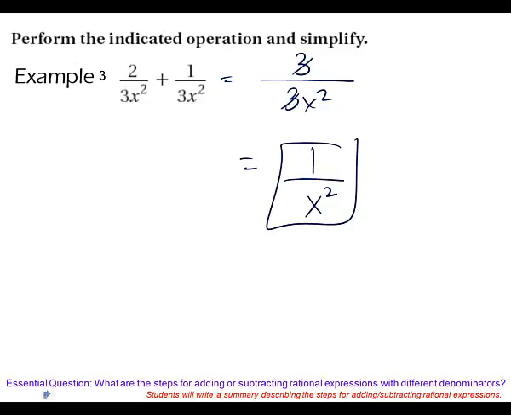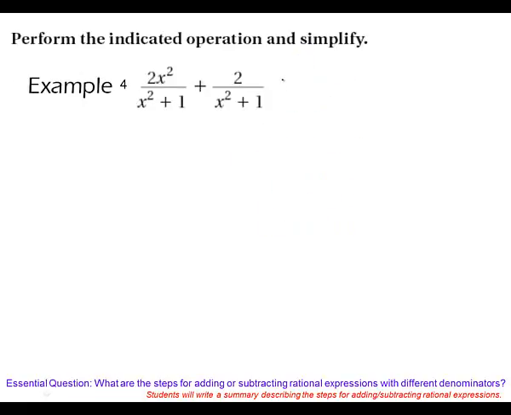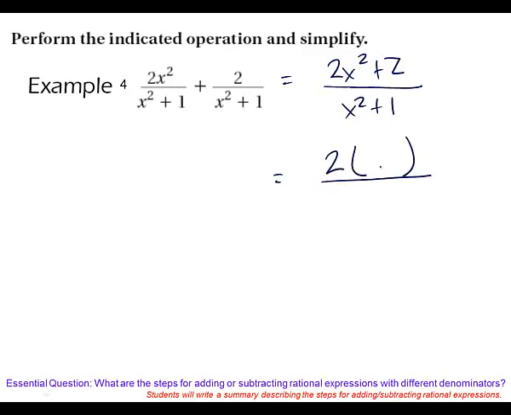All right, let's look at 4. So what's your common denominator on 4? X squared plus 1. Good. Okay, what is across the top? What'd you get? 2x squared plus 2. Now, could I factor something out? Yeah, what factors out? X squared? No, out of this numerator. 2 comes out, right? What's left behind? X squared